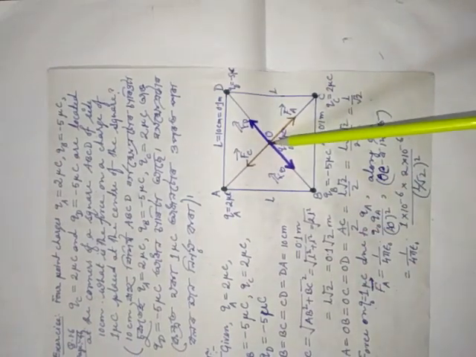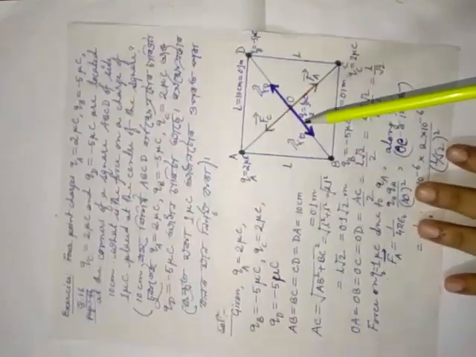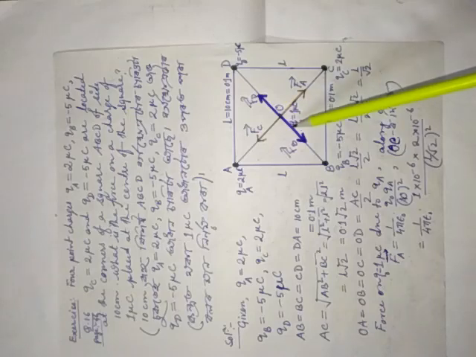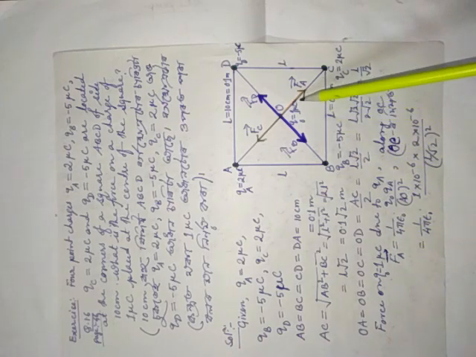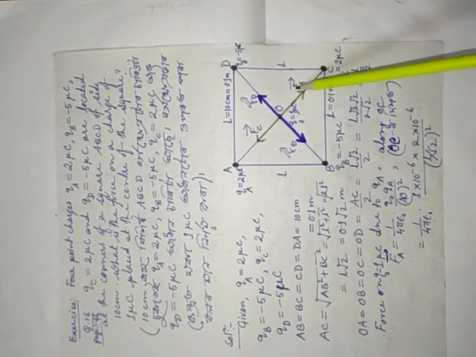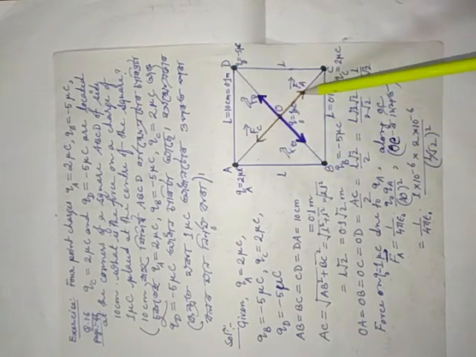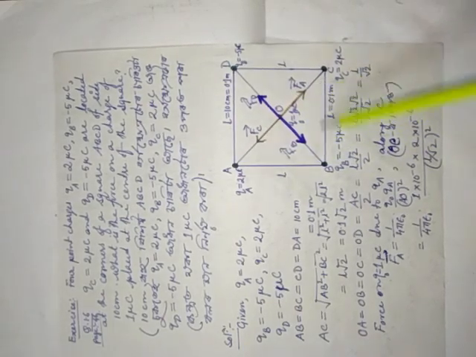Again, that means what? F1 and F2 resultant force is what? This time all of you will get what? 0 Newton. That means net force acting on charge at the center of the square is what? 0. Again, in the next video I am going to show you how you can solve by the second method. Okay, that numerical will be on the basis of what? In terms of electric field intensity. Instead of force, here I have written in terms of force, but next time I am going to solve it in terms of electric field intensity.